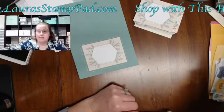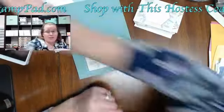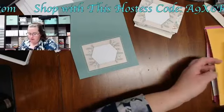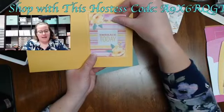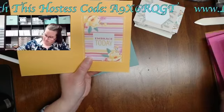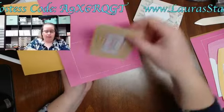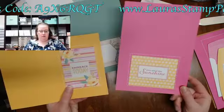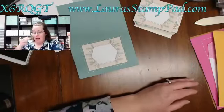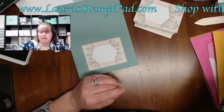There are other items. Crafting without inky fingers is just not crafting. Here is a couple others that I absolutely love. Embrace Today. And You Are My Sunshine. So there's lots of other colors and other patterns. It's not all Christmassy. I just pulled out the Christmas stuff to use those up and to get moving along